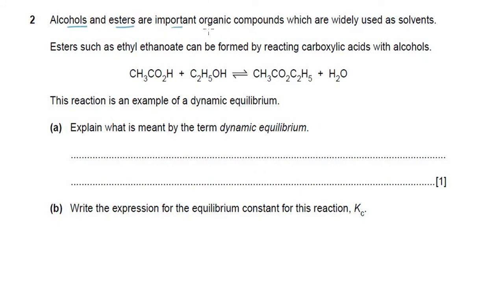Alcohols and esters are important organic compounds which are widely used as solvents. Esters such as ethyl ethanoate can be formed by reacting carboxylic acids and alcohols as shown in the equation. The reaction is an example of dynamic equilibrium. Now question A. Explain what is meant by dynamic equilibrium. Now as we have already studied, dynamic equilibrium is where it's a reversible reaction